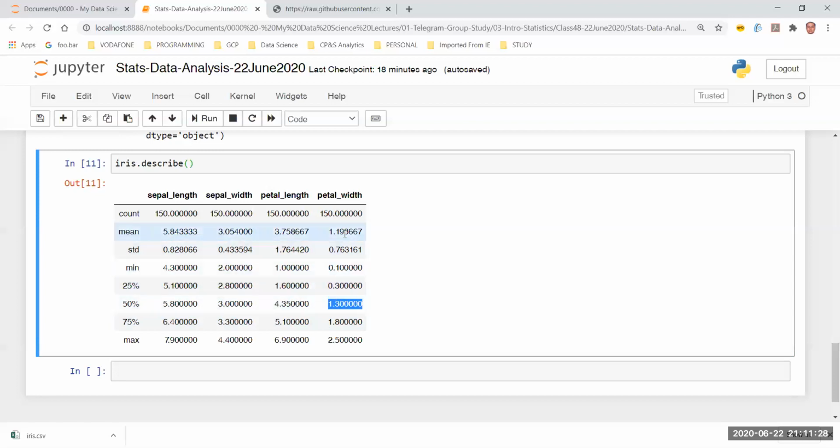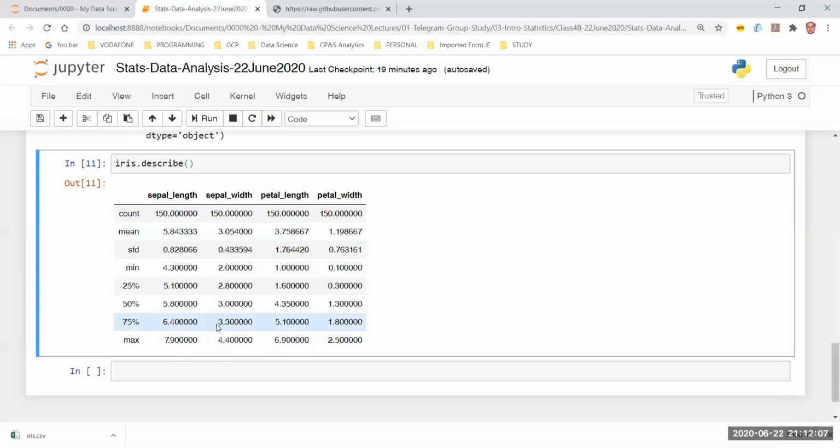Then I have this one here. I have 1.19, closer to 1.2, and my median is 1.3. It's quite okay, not a very big difference, like 0.1 is not going to make much of a thing. So it's a good thing, right? Now the max value is this, right? Now looking at the 75 percentile and the max value, I can clearly see if there are any outliers in the data. So clearly there may be probabilities of petal length having an outlier. There is some probability of sepal length having an outlier because the distance of 75 percentile to max value in the sepal length field as compared to sepal width is higher, right?